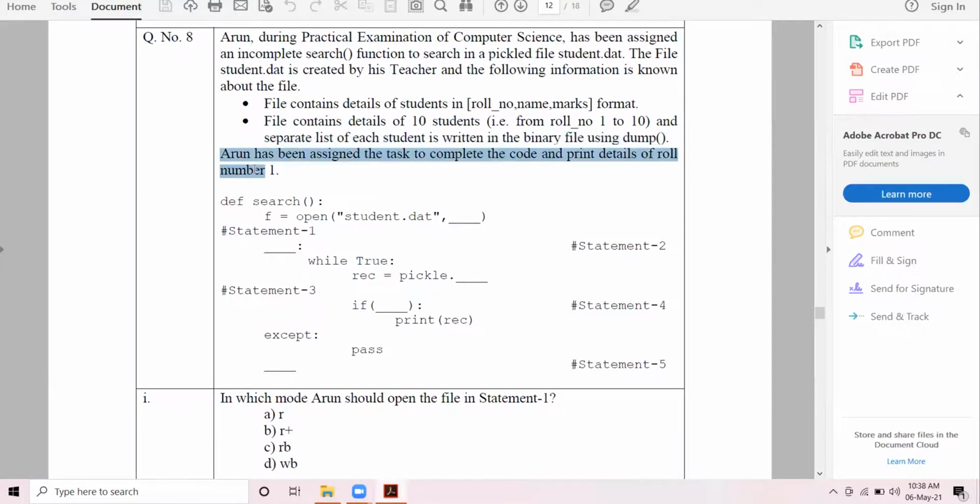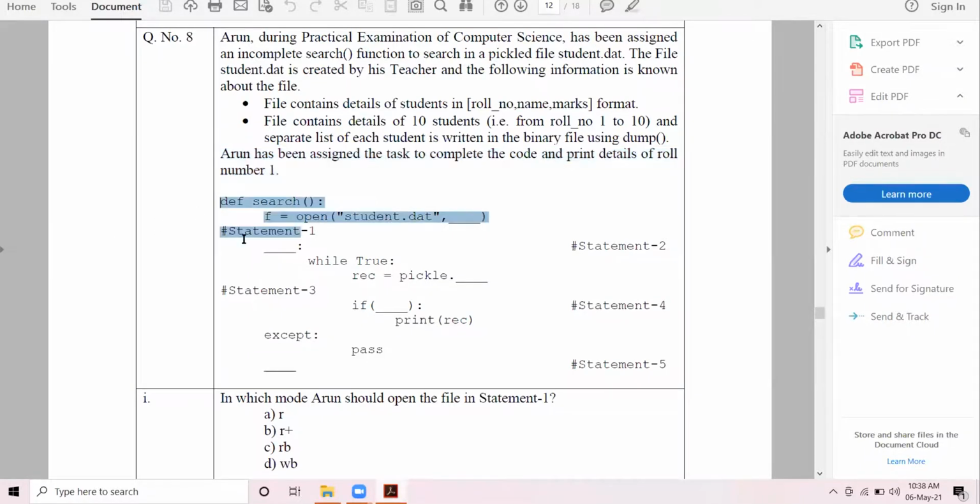Arun has been assigned the task to complete the code and print the details of roll number 1. The condition is the code is to be completed and the details of roll number 1 should get printed.